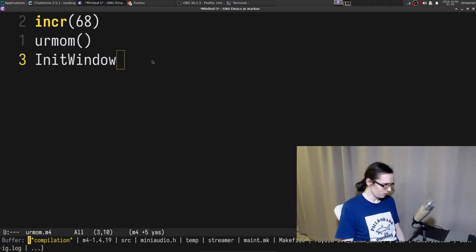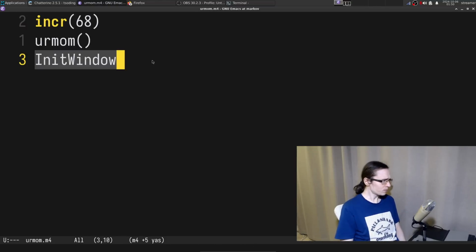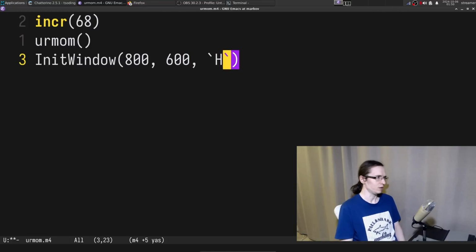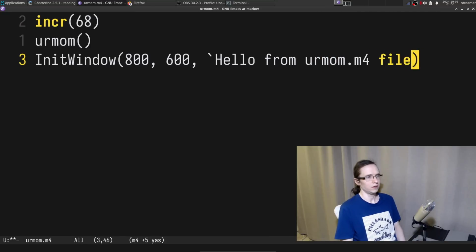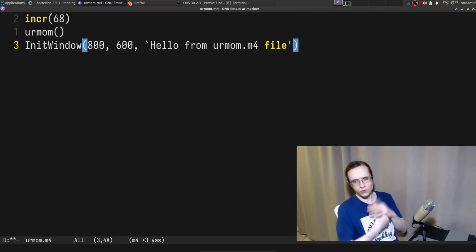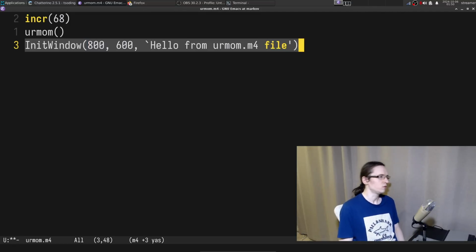So yeah, anyways, meine Freunde. You know what? I want to be able to actually customize what size of window I can put in here, what other things, like, for example, the hello from your mom M4 file, right? I want to be able to do these kinds of things. You know what I'm talking about? You feeling me, Mabrovsky? Yeah, that's what I want to do.